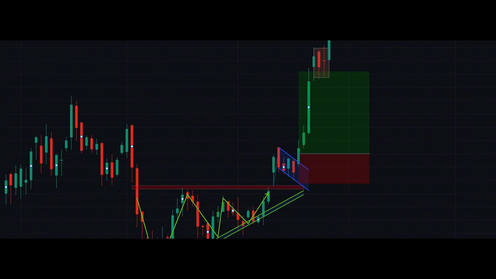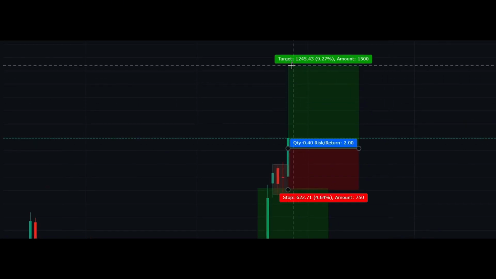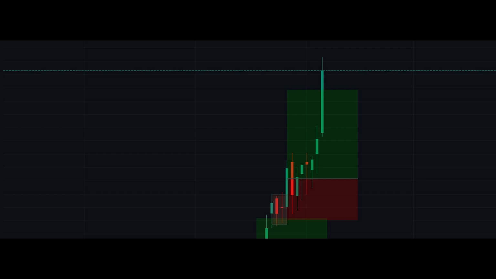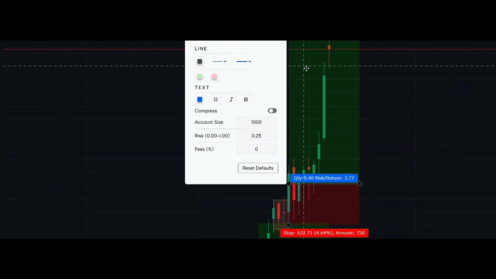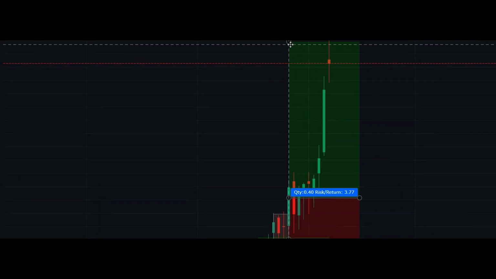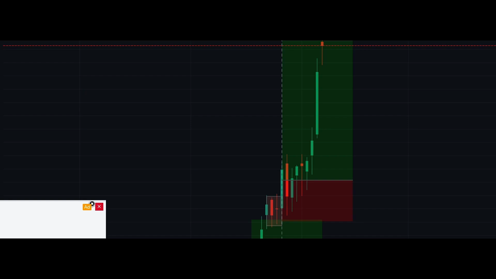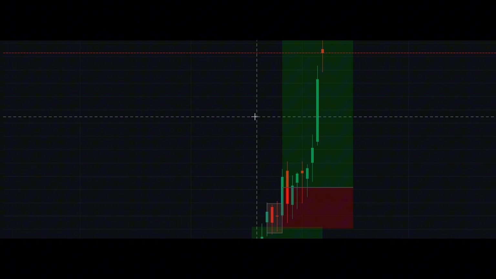Yes, so there is a green candle, you should enter directly here. We should enter here, and our SL is like this, and our target again we want a 1:2 target, and if the market behaves negative, we should exit, otherwise we should stay. See the market, see the structure of the market. See, firstly we wanted a 1:2 target from the market, but the market gave us 1:, I think 3.77, most probably near to 1:4. So this is a perfect setup, and after that see, it is more bullish, but we don't enter here.